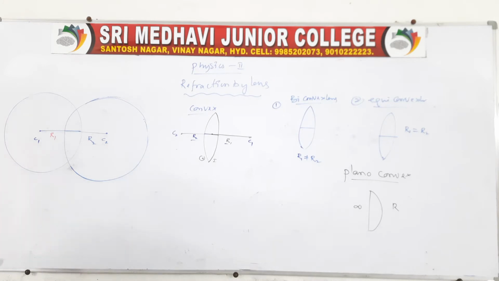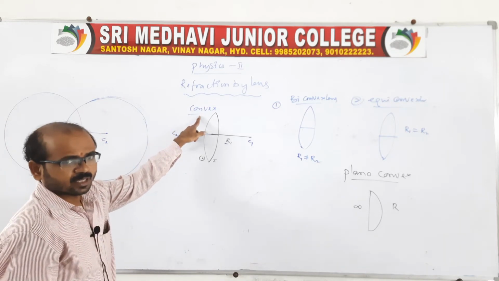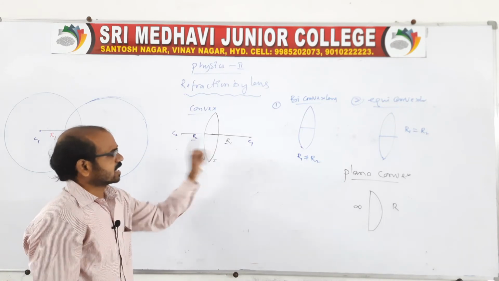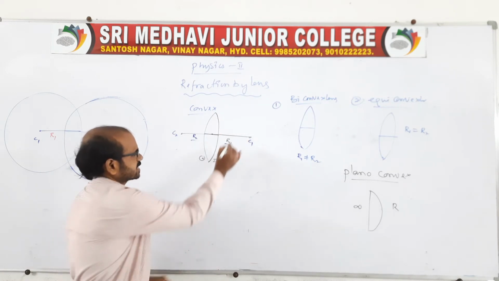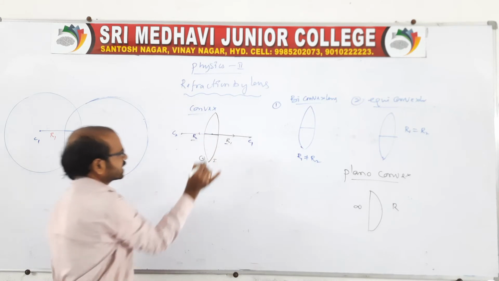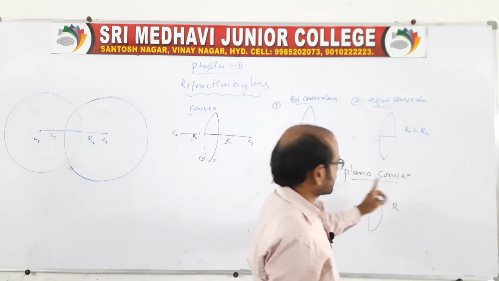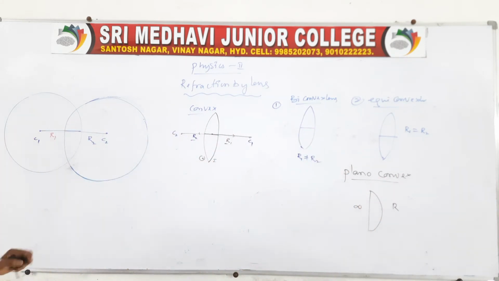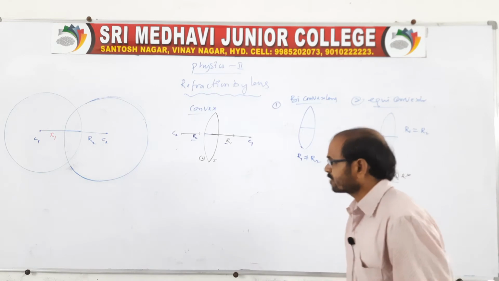See, the preparation of a convex lens goes like this. You take two spherical glass surfaces, and from them you cut the part we call convex. Usually the radii of curvature are r1 and r2. The first part's radius of curvature is r1 in this direction, and this is the second part. So the types of convex lenses are biconvex, equiconvex, and plano-convex. Clear? If you go through this, it will help you in the next classes, because lenses theory is very important for them.